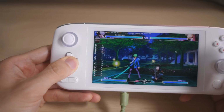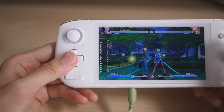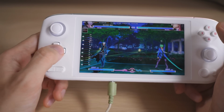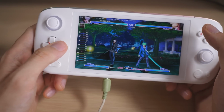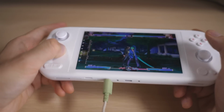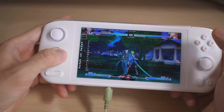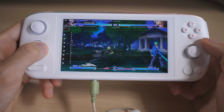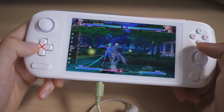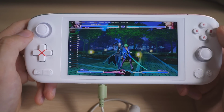It does have a pivot on the inside, so there's no need to worry about pressing all of the directions at the same time. But yeah, you're gonna get a lot of accidental jumps just because it's not concave in shape. However, it's not giving me accidental jumps just because of the design. Now what I mean by that is that even with a concave shape, sometimes if you push forward like this, if you push too hard up or you push too hard down, then it will cause it to jump. But you can see here I'm pushing quite liberally on the sideways directions, and I'm not getting any accidental jumps. However, this is still not a D-pad that I'd be able to use regularly for fighting games,